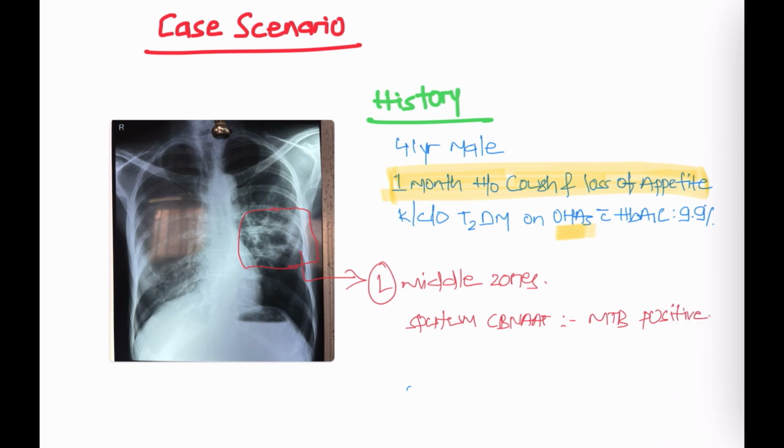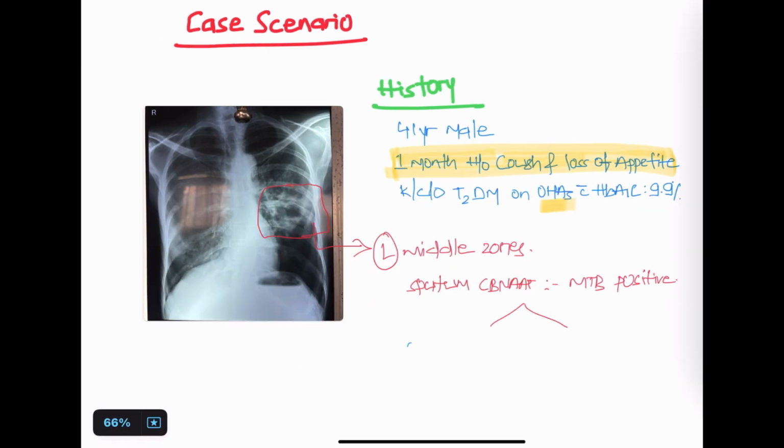So the point here to learn is, whenever we see chest x-ray of tuberculosis individuals, it will depend whether the individual is immunocompetent or immunocompromised. Because in immunocompetent individuals with no medical comorbidities, usually upper lobes will be involved, which we often see,